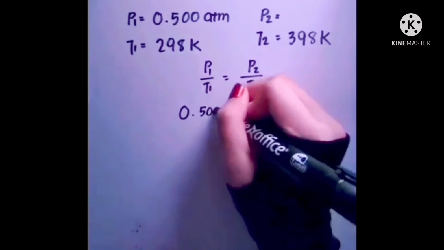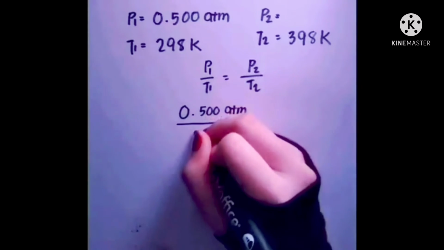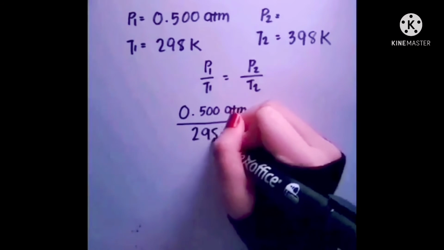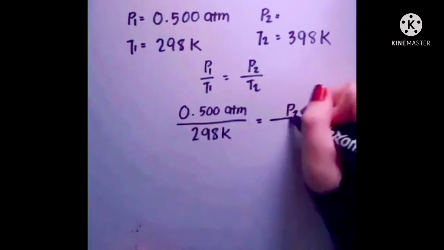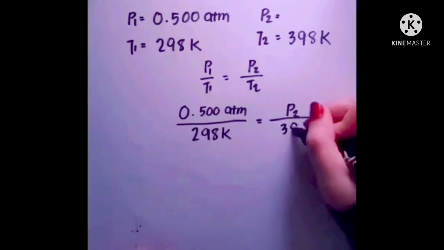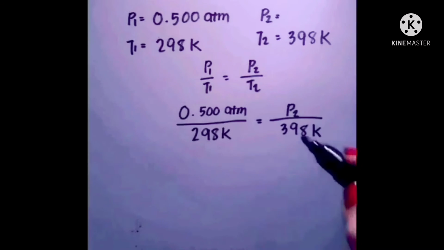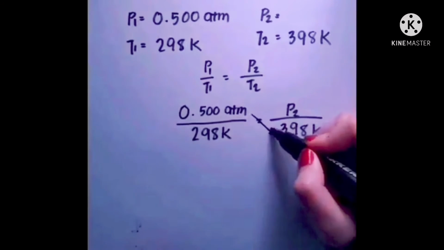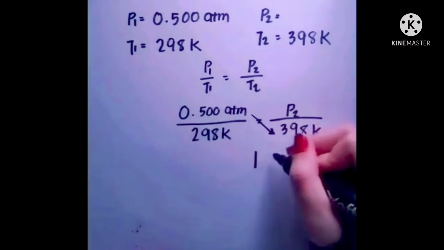0.500 ATM over 298 Kelvin is equals to P2. Wala pa siya. Kaya ilalagay na lang natin yan dyan. Over naman nan ay 398 Kelvin. And here we will do a cross multiplication, which is ito yung mauuna dahil ito yung kompleto. So, di ba, ayan nga inuna natin. So, maging